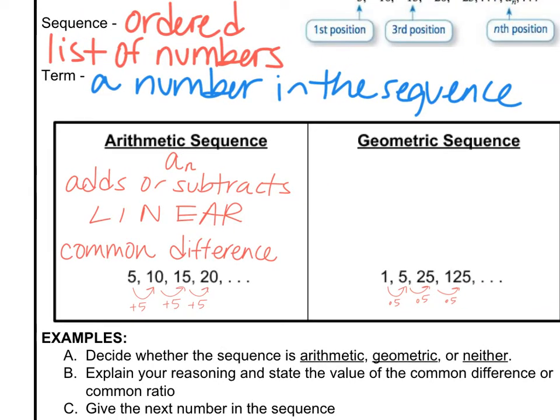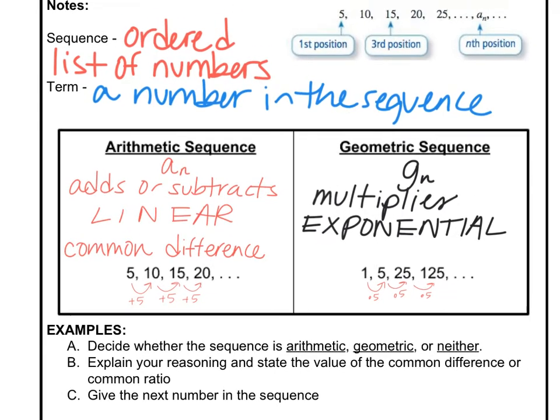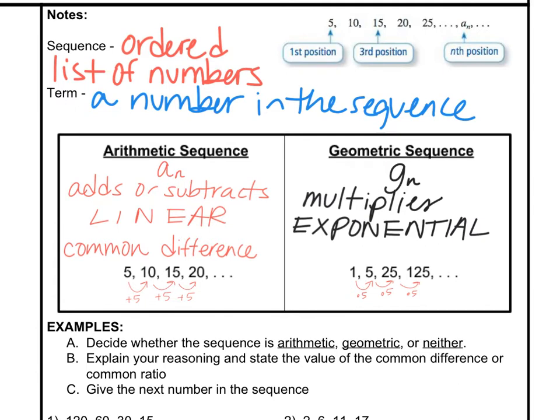Geometric sequences, we note with a G and then a little n. They don't add or subtract. What do they do? Multiply. Which I hope reminds you of what kind of function that we've been talking about for 3 weeks? Exponential. An exponential function multiplies because that's what exponents do. So this one's multiplying by 5. The word that you're going to